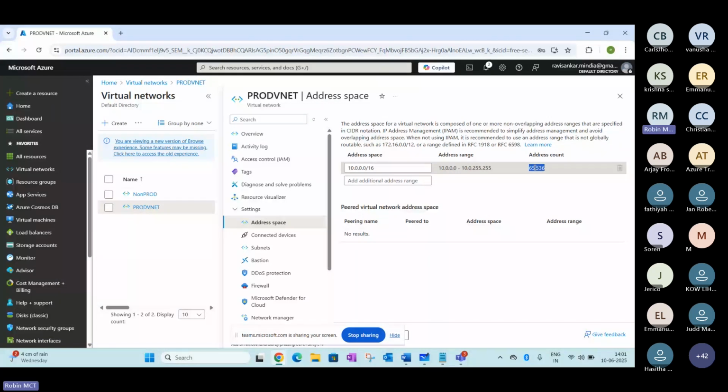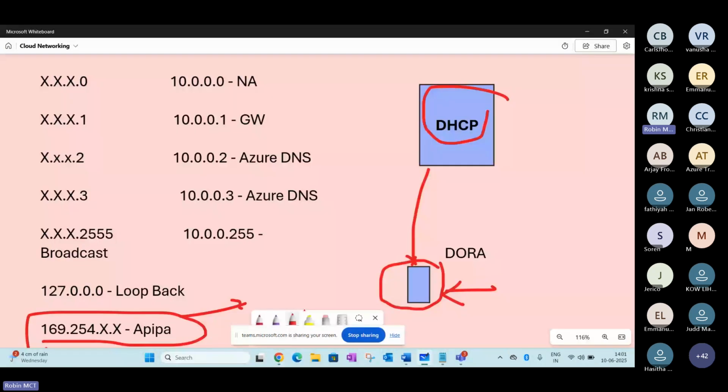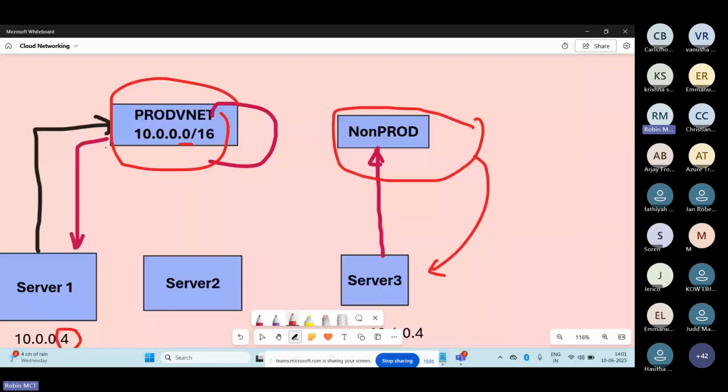If you go back to the previous scenario, you had created a set of servers, and the servers start getting IP addresses from the VNet here. The first server got 4, the second server is getting 5, the third is getting 6 or 7. Like this up to 65,000, this will be distributed. So this is not the right way of implementing.